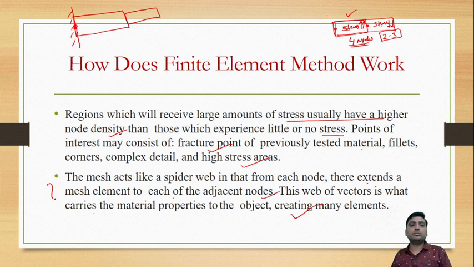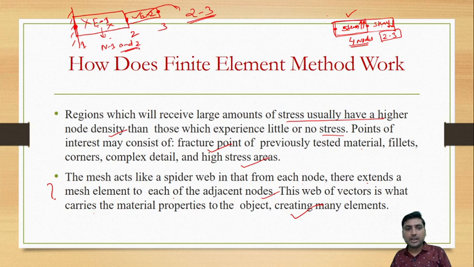We have selected nodes here. So what I told, first we need to select at the corners. Now here the material property is changing. I will tell you that later on, in the slide on nodes. Here we need to select the nodes. So let's take, we have taken 3 nodes, node number 1, node number 2, node number 3. Now you can see in between this we call it element number 1, and this we call element number 2, because we have divided into 2 portions, first portion and second portion. So element number 1 is lying between node number 1 and node number 2, whereas element number 2 lies between node number 2 and node number 3.